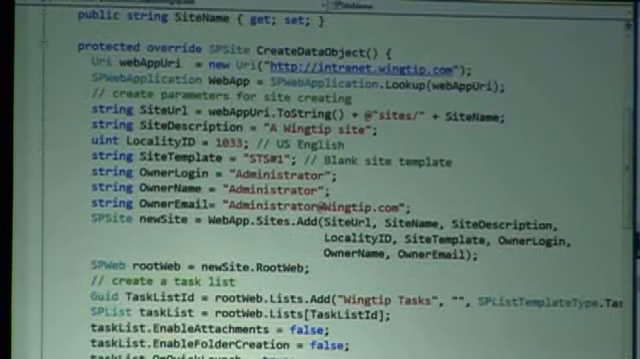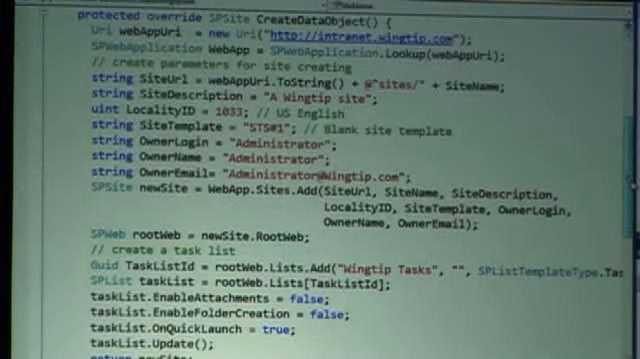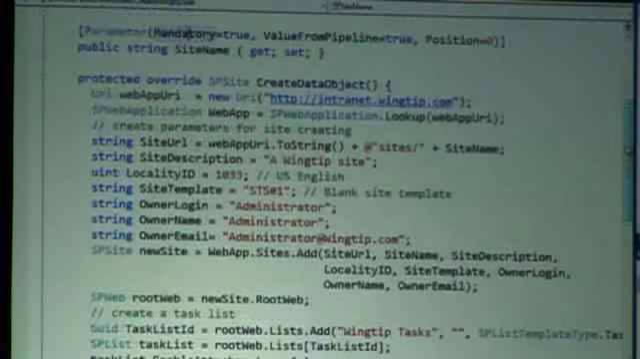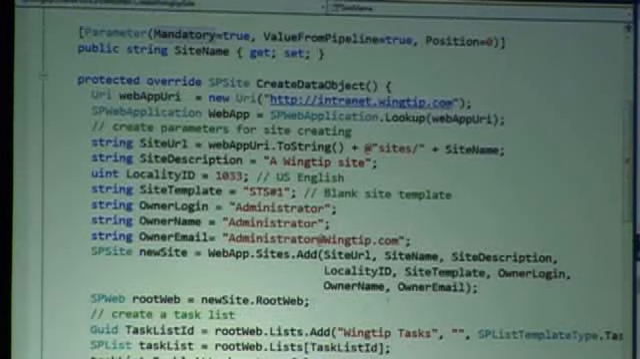Then what we've got is this new object here, which is CreateDataObject, and we're again overriding that from the SharePoint cmdlet namespace. So what we then generate is a brand new site based on this site name that we've specified. So just to go through this,